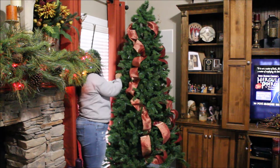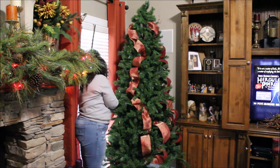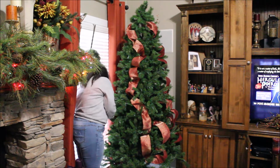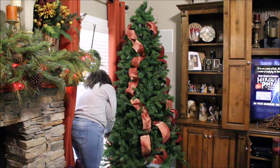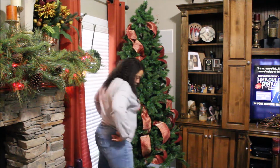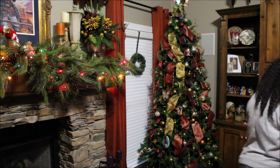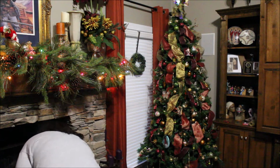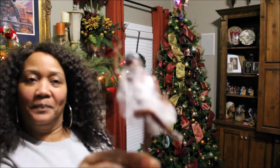They remind me of my childhood because there weren't a whole lot of white lights going on where I was growing up. Everybody had the multicolored C9 bulbs back then. So anyway, I'm just adding some of that ribbon. This is like a gold and sort of cranberry color. And the colors of the ribbon kind of work with the colors that I have in the room all year pretty much. And I also added some gold ribbon, as you can see here,